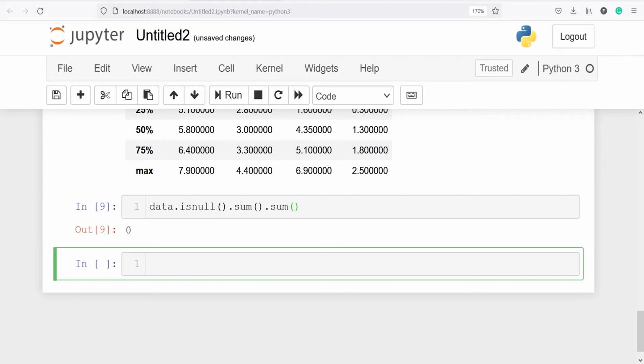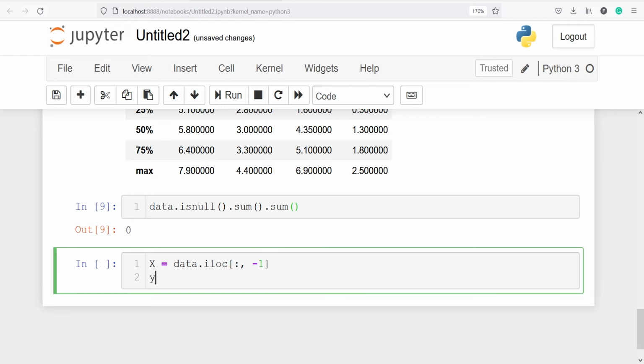Next, we are going to prepare our data set for model building. So we will first split our data into x and y. In x, we will have all the independent variables, and in y, we will have the dependent variable, that is the target variable species. I'll type x, then I will call our data frame, data.iloc, and I want all the rows, so I will type colon, and I want all the columns except the last column, that is the target column, so I will write -1.